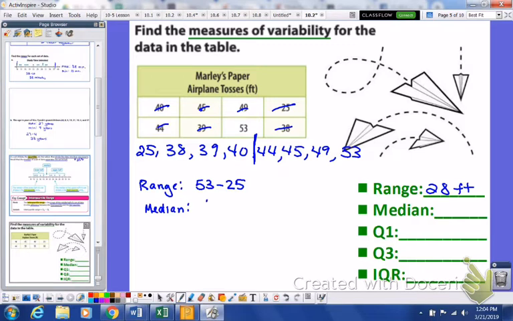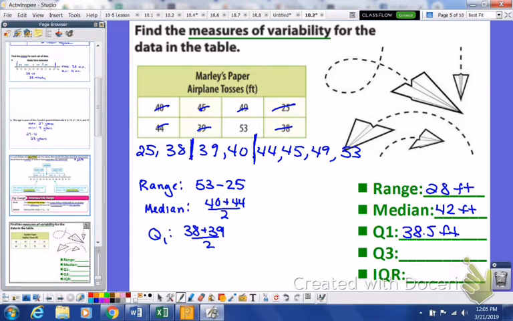So that's going to be the average of 40 plus 44, which gives us 42 feet. Now, Q1, this is kind of what's new here. I did not use the 40, so we're going to include that in this set of data. I want to find the median of 25, 38, 39, 40. Again, I have an even amount, so it's in between these two. So the average of 38 plus 39 divided by 2 gives us